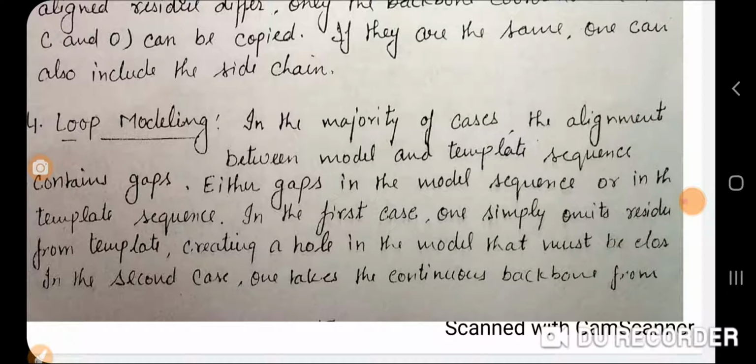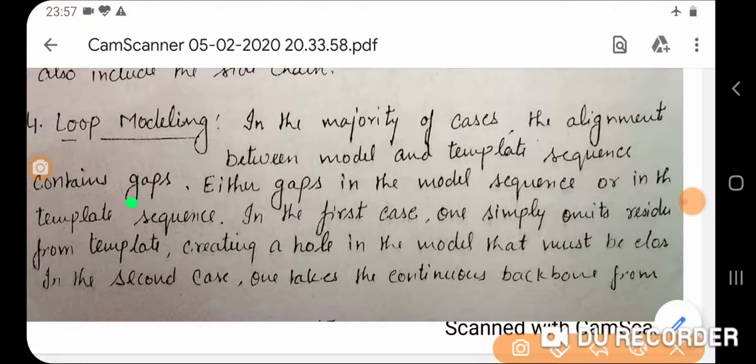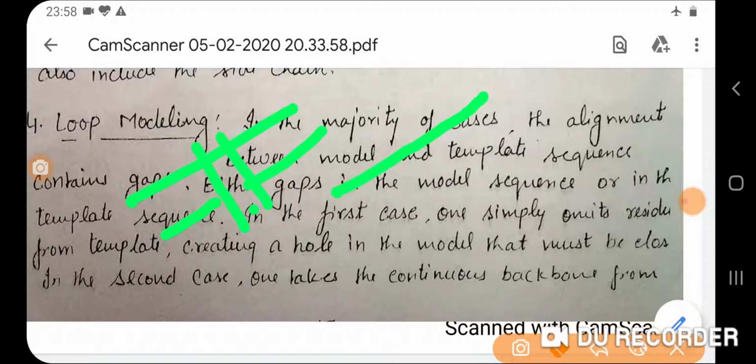So what happens is, if this is a target and this is the template and you do not have the residues for this, this is the target sequence. So what you will do is you will just remove these things and then further combine this.